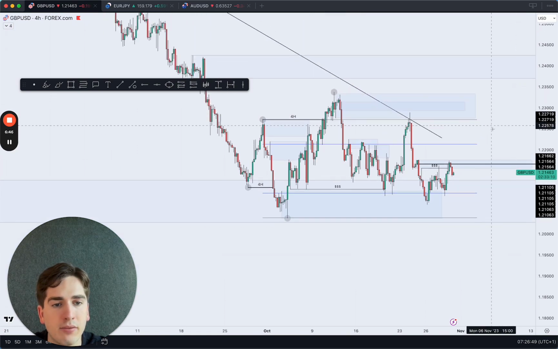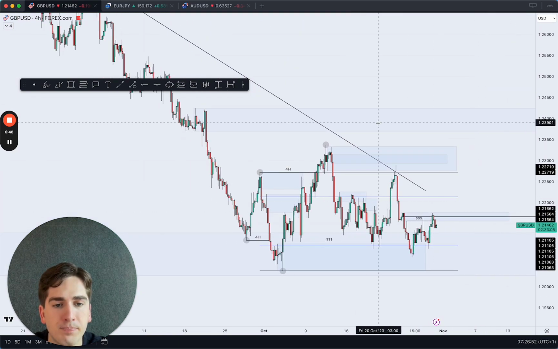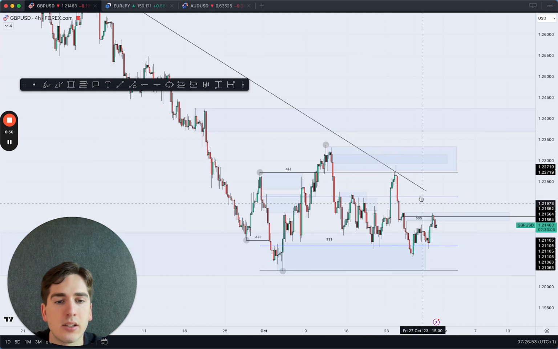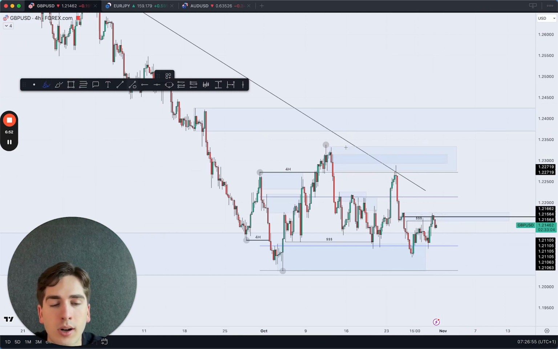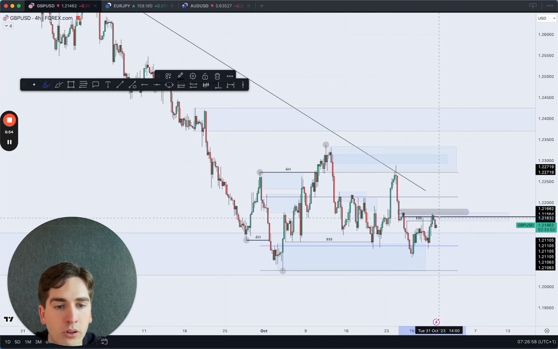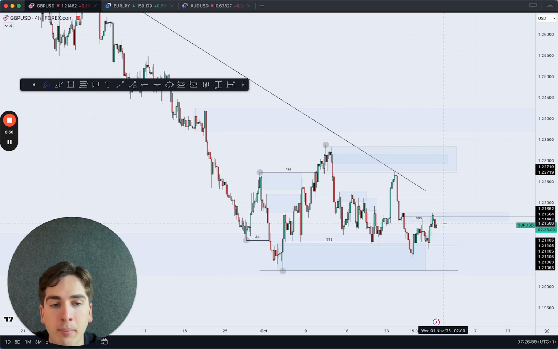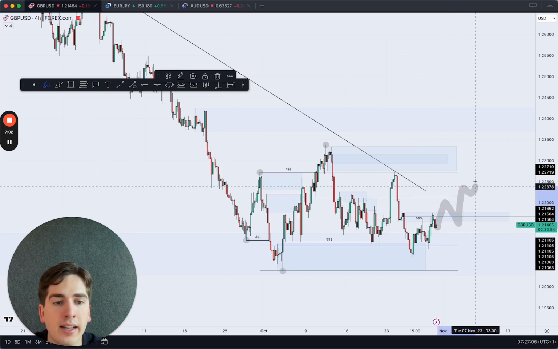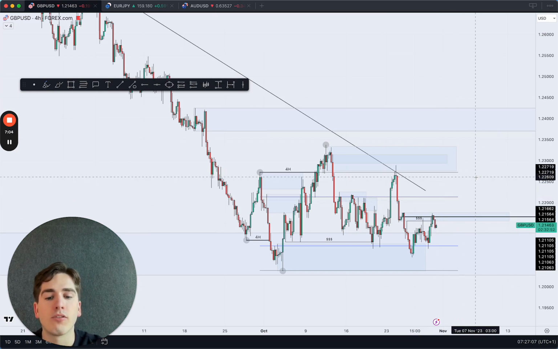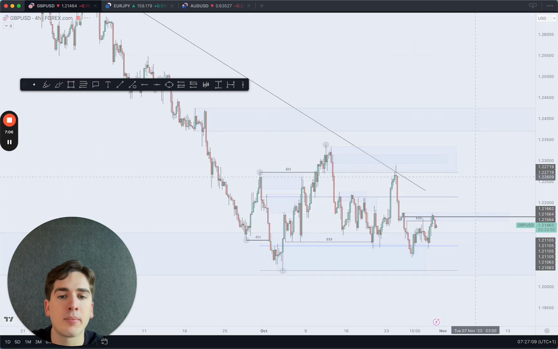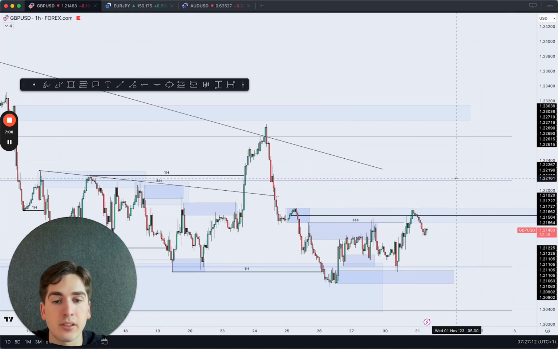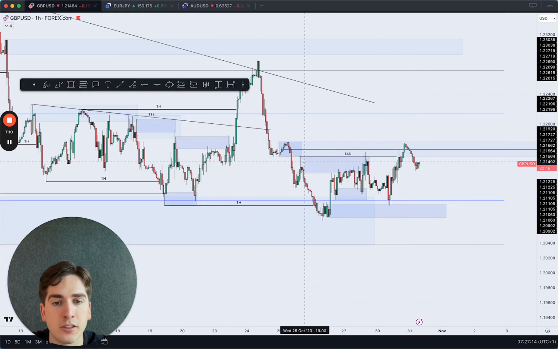Overall, if we look at it from the 4 hour perspective, internally it does still look bearish. You guys know I was looking for this high to go before looking for longs, so I kind of remain by that until we break that high. I do not feel confident with taking any longs at all. If we can break that high, then I would be happy to look for further upside, but until then, I'm expecting for the downside until that high goes, because especially if this pattern over here plays out with the 1, 2, 3,